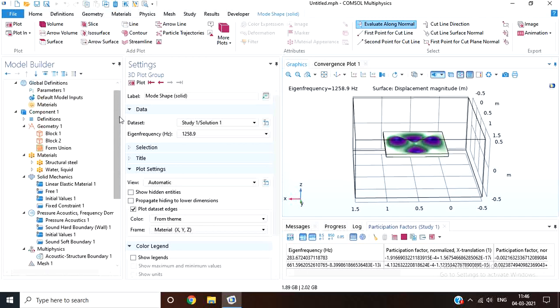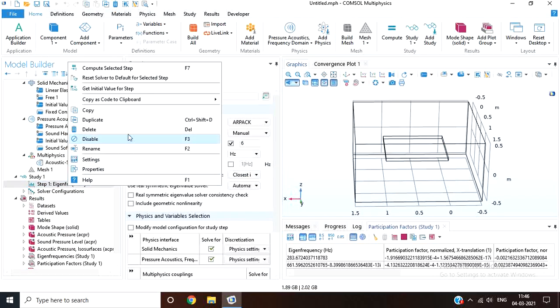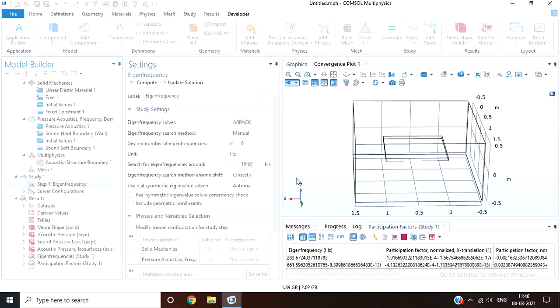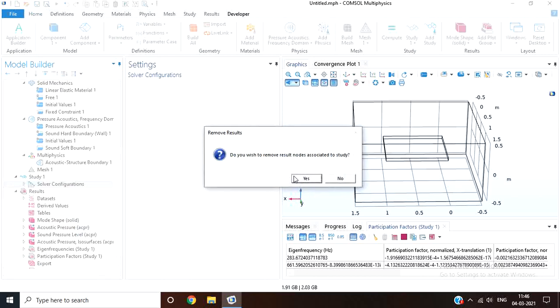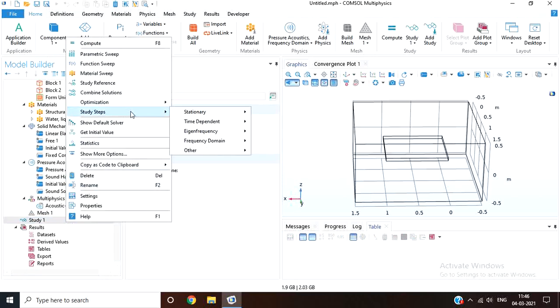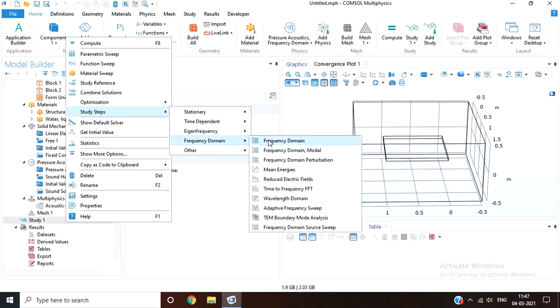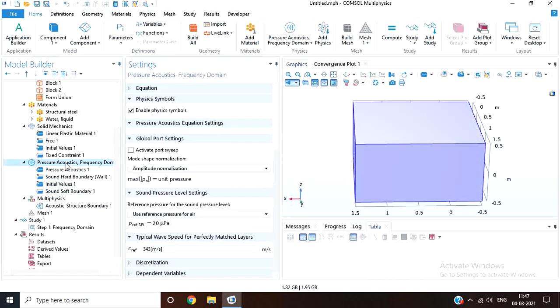Now we can proceed to a frequency analysis. So let's delete the eigenfrequency study. We'll be doing a frequency domain study. Study steps, frequency domain. Let's remove the pressure acoustics.